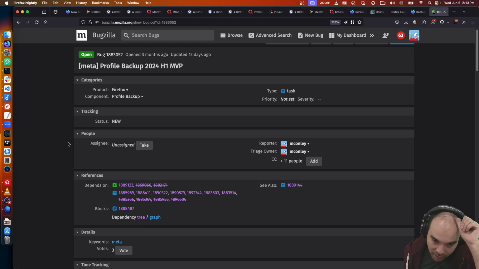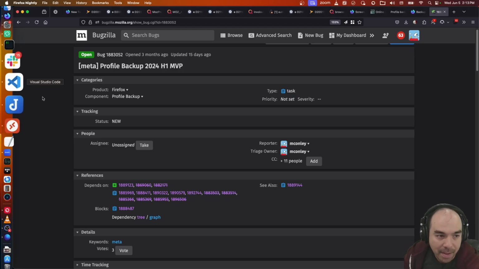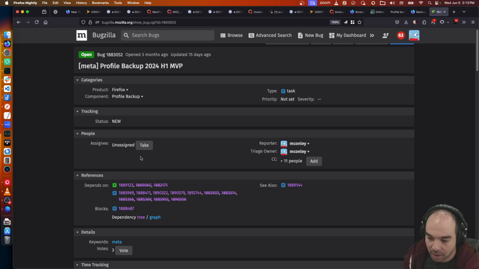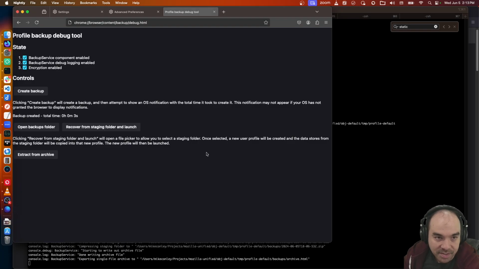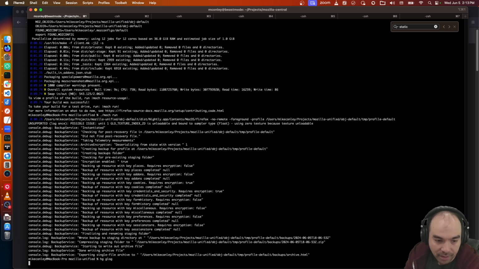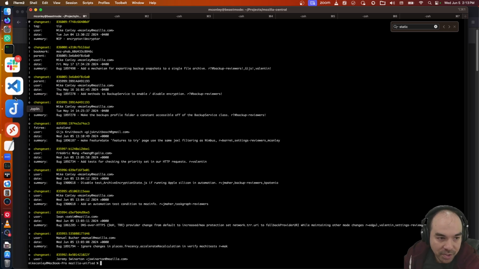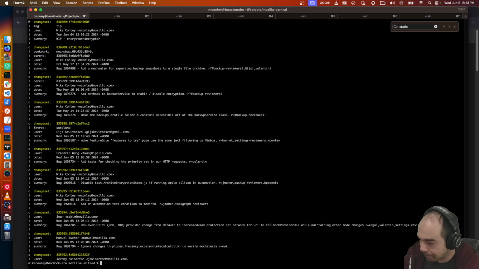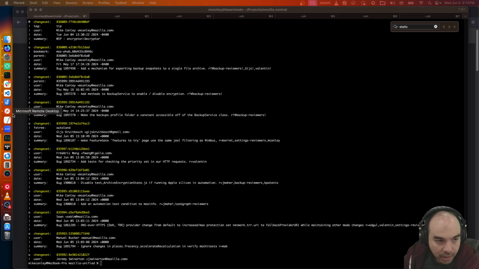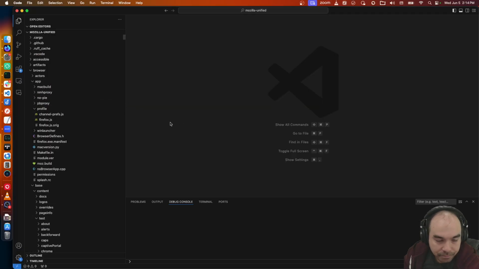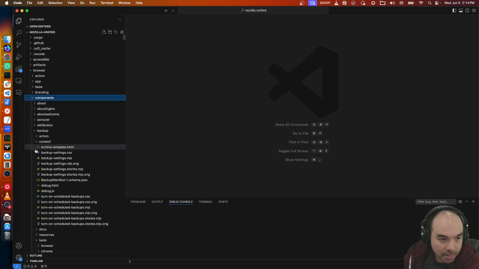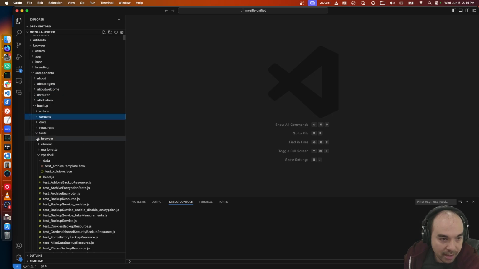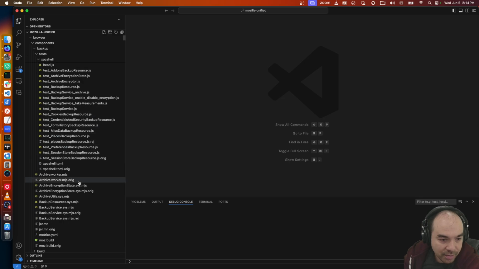And who knows, maybe I'll work on some more of this during the stream. But I thought maybe we could attack some of the cryptography stuff. I'm currently working on some tests right now for the cryptography, and I thought maybe we could flesh out some more of those tests. So let's do that. The source code is under browser components backup, and there's already a lot of tests. We've been doing a pretty good job of making sure our stuff is well tested.